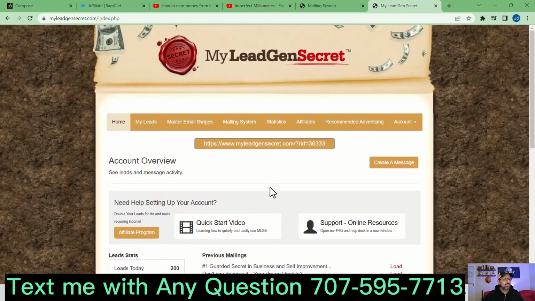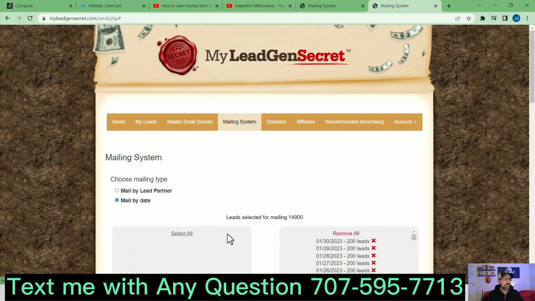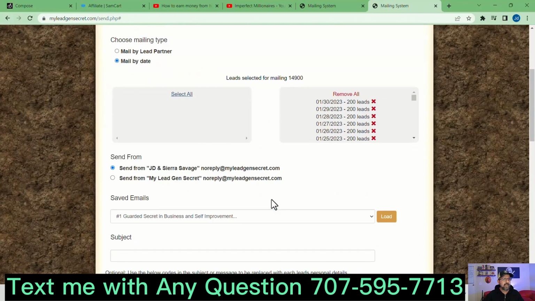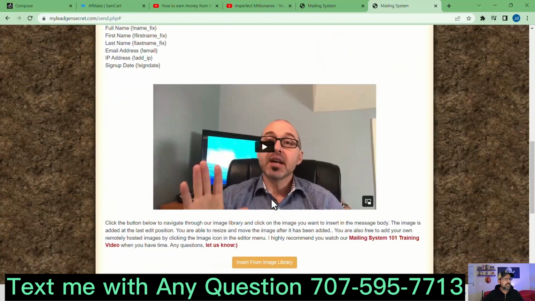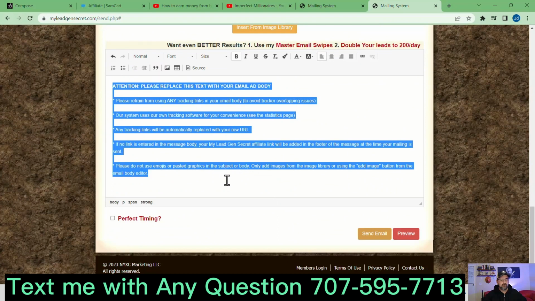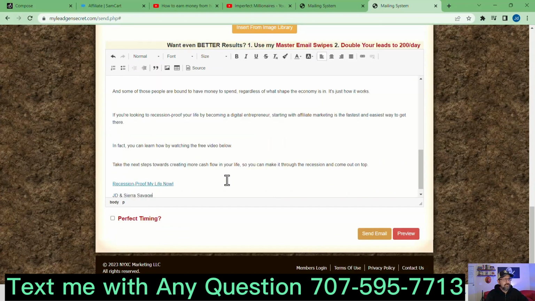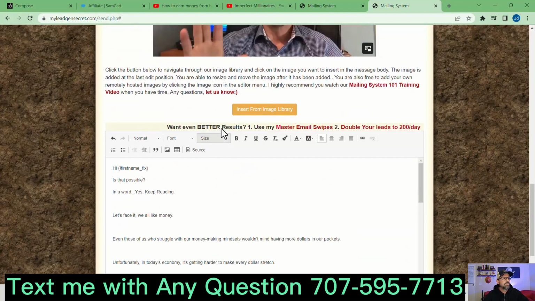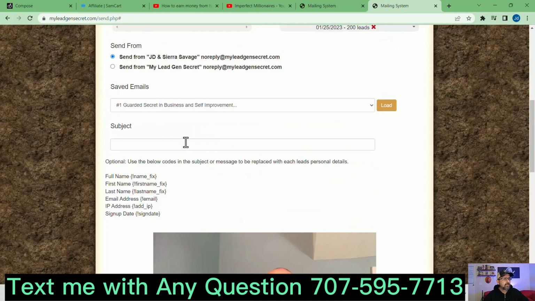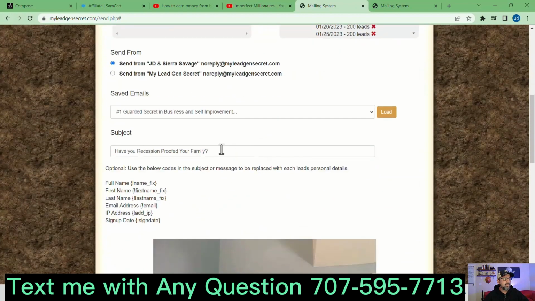And what you're going to do is go back to mailing system. You're going to select all leads. This is your second account. So number 2, you're going to come down here, and this is why I do it this way. You're going to erase that, and then you're going to Control V, and boom, there it is. Okay. So now scroll back up here, click here, open the first one that you copied, scroll down here,